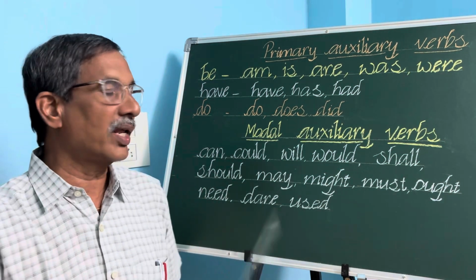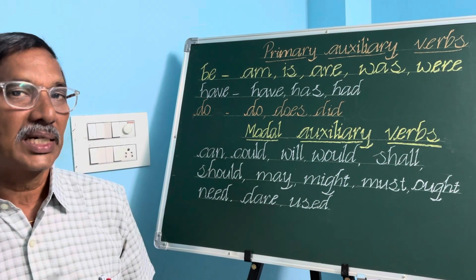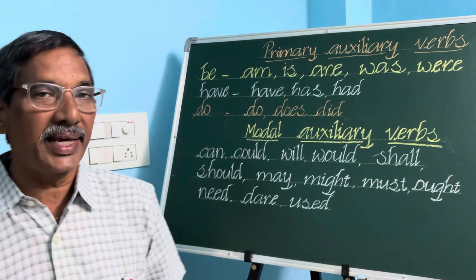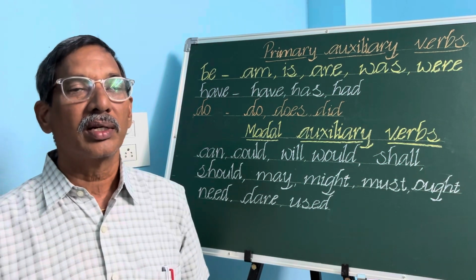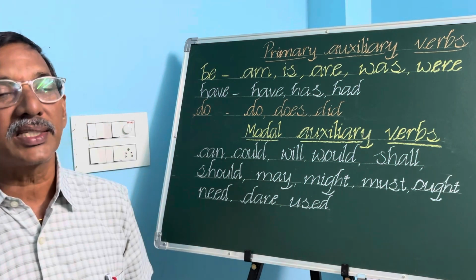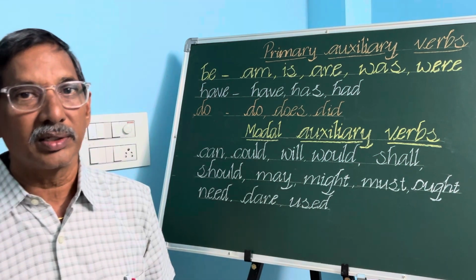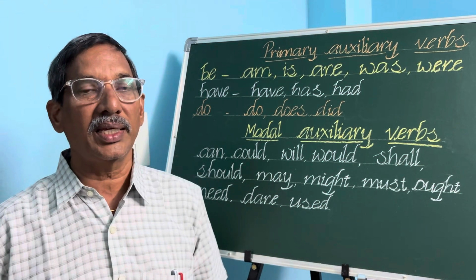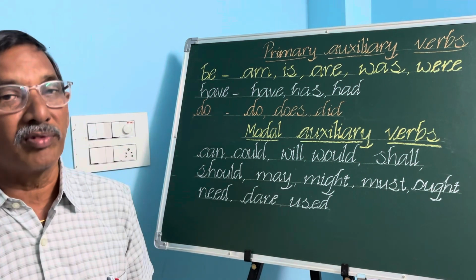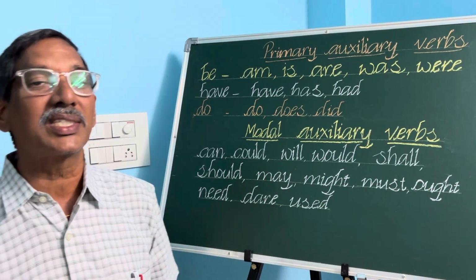We know that we have modal auxiliary verbs such as can, could, will, would, shall, should, may, might, must, ought, need, dare, used. These are the auxiliary verbs we use in English. Now let us see the uses, how it helps the main verbs, one by one. The auxiliary verb helps the main verb to show its tense,